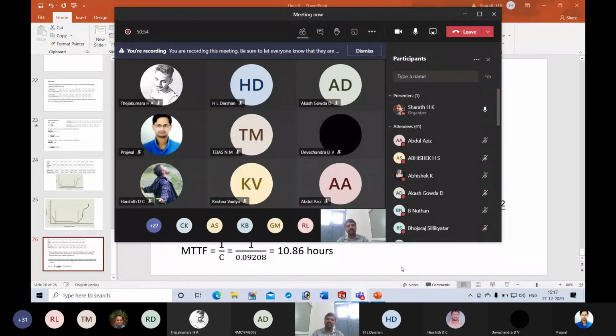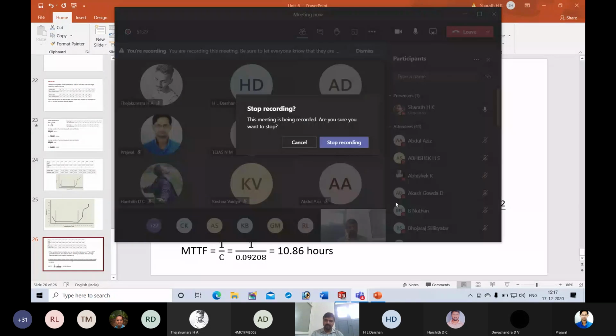It depends. If it is fixed at 5 hours, the product will become more reliable, but the problem is whether people are ready to buy a bulb to use for only 5 hours. That is another consideration, and based on that the company can make a decision. Overall, what we can understand is that by calculating mean time to failure, companies can decide the life of a product. There is another topic related to unit 6.